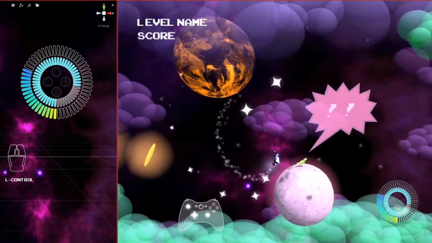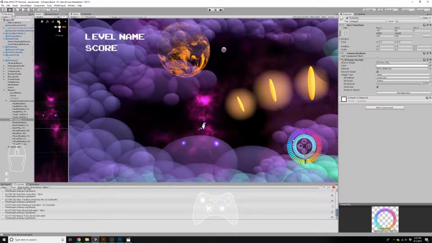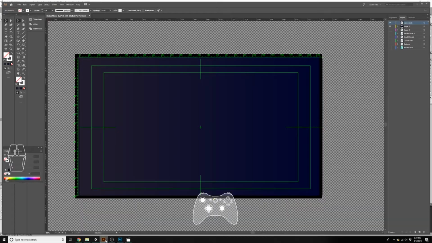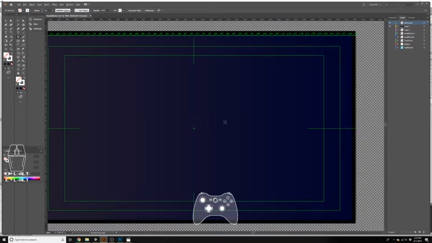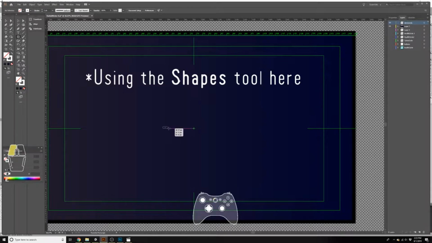Alright, let's get started. So I specifically wanted this kind of layout with the different bars layered next to each other. I just think that looks really cool. And the way I did that was here in Illustrator. So I've already put together this file. This is a 4K layout. So I looked at this and like, okay, so I'm going to want 4 buttons in the center. 1, 2, 3, 4. So I'm going to need about that much space. So I'll make my first guy over here. And this will be like the first component of